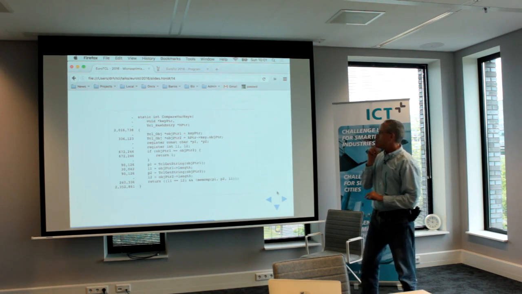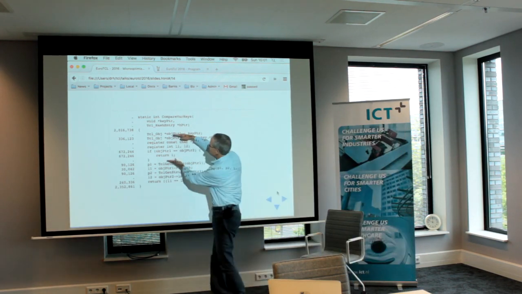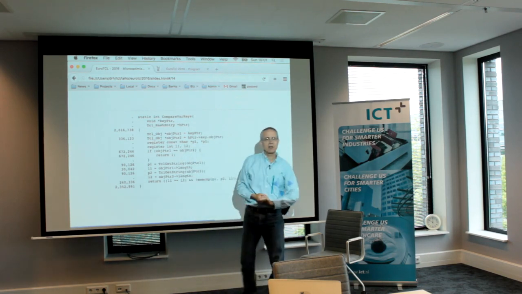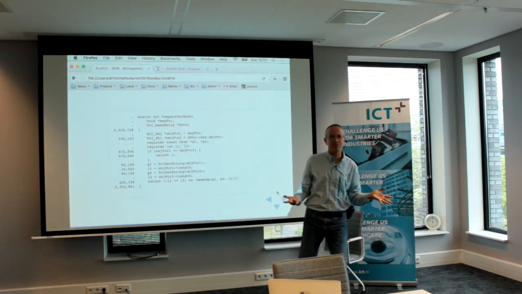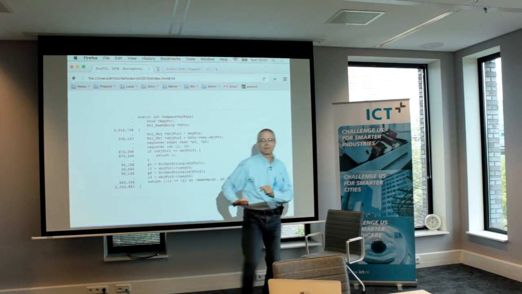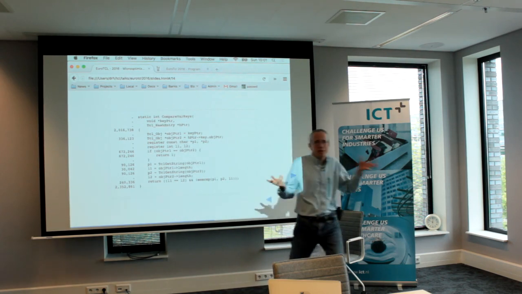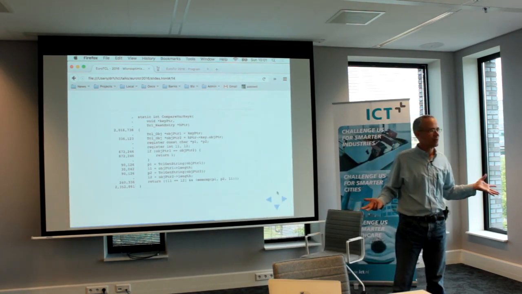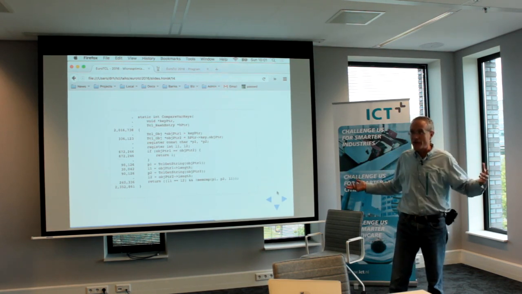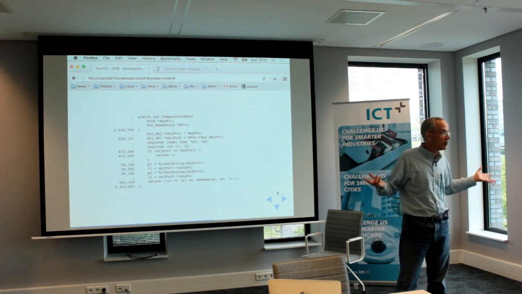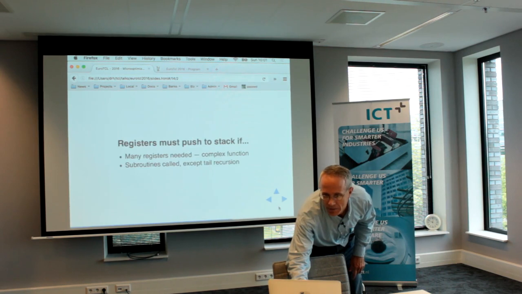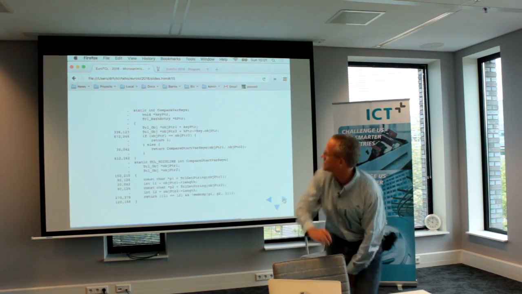Something to watch though. You can see right here that most of the time we're running and we never get to the point where we call these subroutines. It never happens. You can see that from the numbers here, much smaller than the numbers right here. So most of the time we don't really need to be saving those registers. So how can we convince the compiler not to save those registers in the majority case where they don't need to be saved? So the way you do that is to break this function into